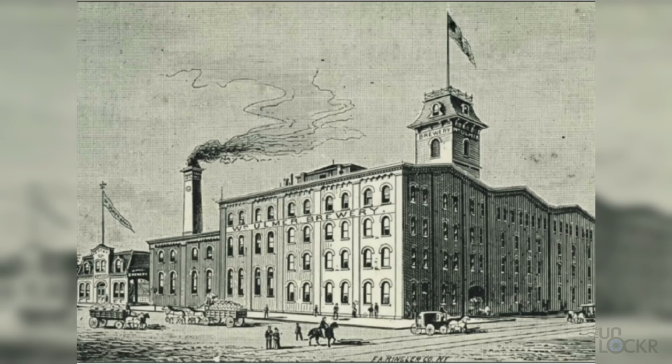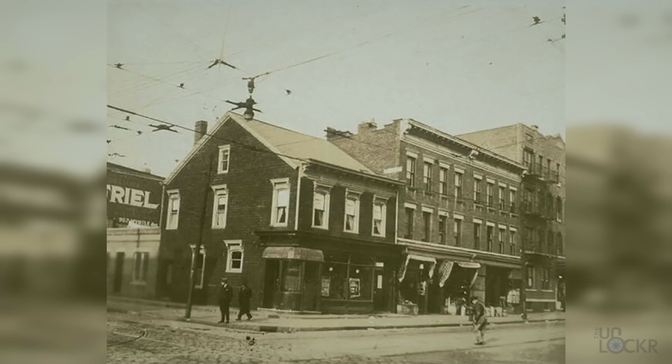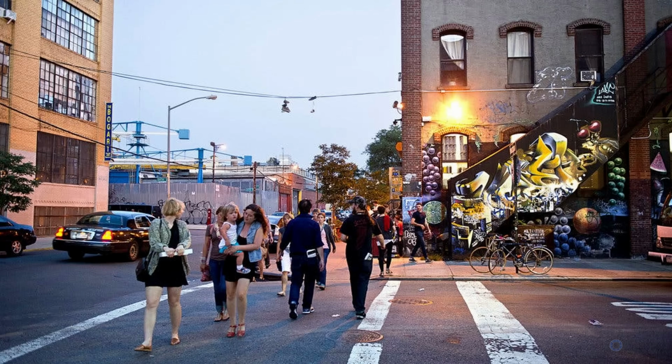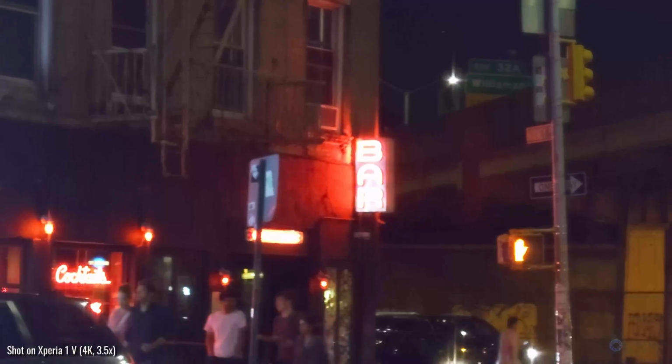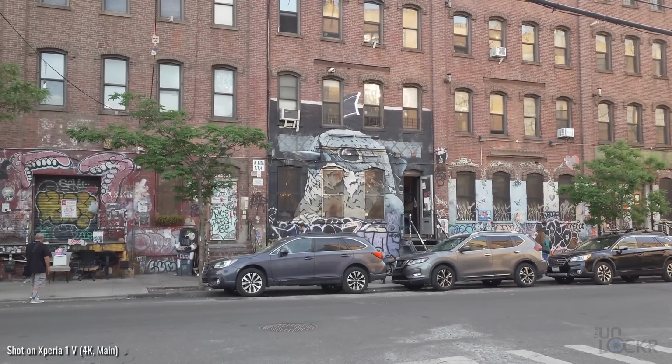Now in the 1800s, this area would have been breweries and factories mostly, and like most of Brooklyn at the time, the industrial nature of the area would have declined in the mid-1900s. It wasn't until the 90s that the area started to attract artists, and at this point it's sort of become known for those artists and the nightlife, and there are some really cool art exhibits here, as well as plenty